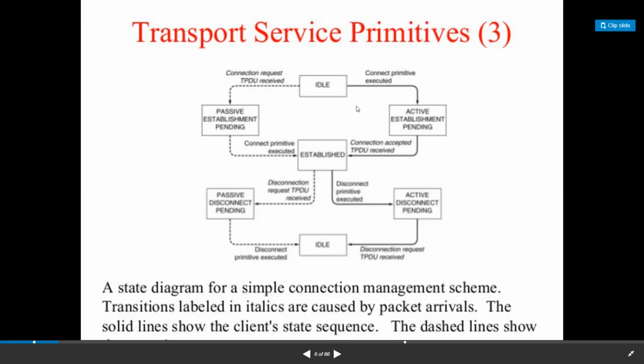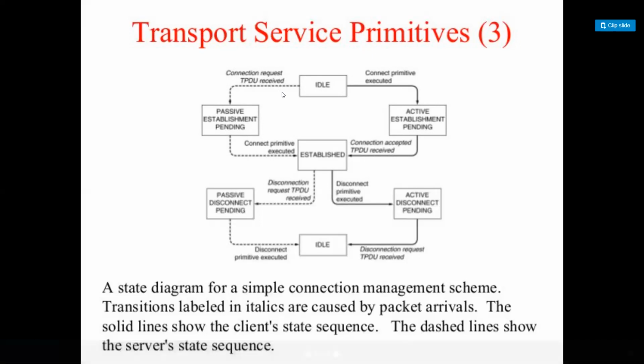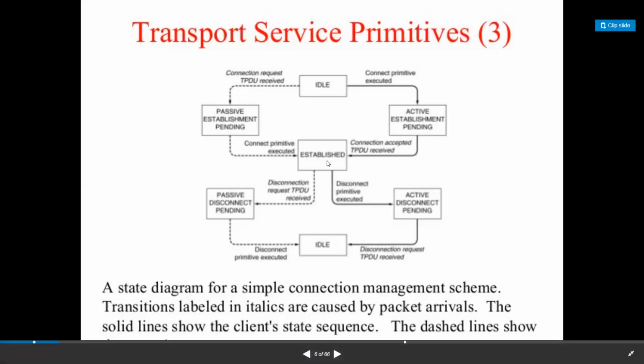Okay, after executing the connect, this is a dashed line. What is the meaning of this dashed line? Dashed line is for the server, and solid line is the client state sequence. Now, after these two, the connect primitive is executed at the server side and the connection is accepted at the client side. Finally, the connection was established here.